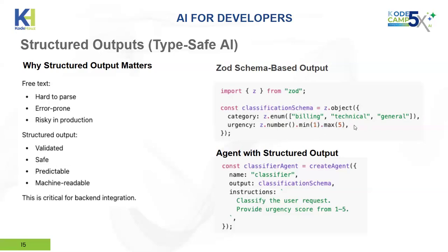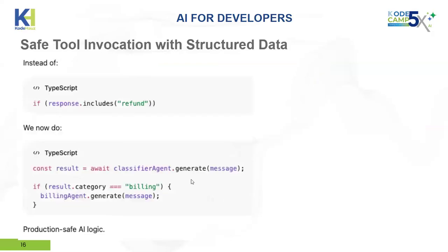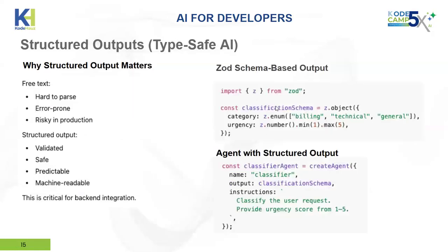Urgency has to be a number, the minimum has to be 1, the maximum has to be 5, and all of that. So you just pass this in when you are creating the agent, along with the other things. And yeah, that's it. Generate. Then the interesting thing is, because Mastra is using a Zod schema, and you have specified